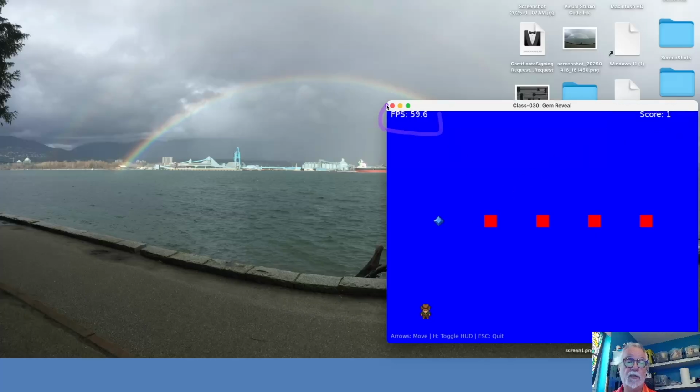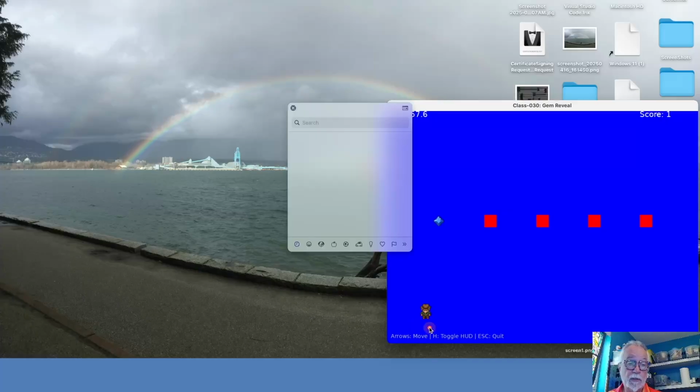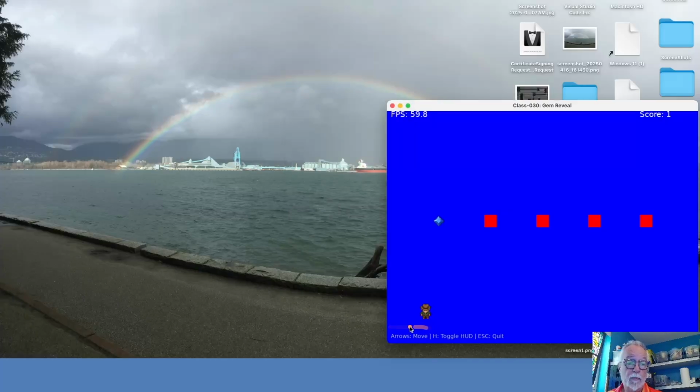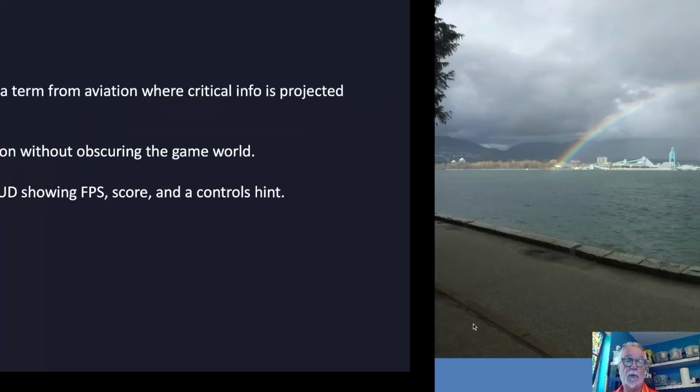My frames per second is changing every frame because my computer is doing all sorts of things. And I also have this information down here that allows the player to know what to do. The other thing that I can do, I look at this and I go, oh, I can move. I can also toggle my HUD. Oh, let's try that. I'm going to hit H. Oh, look, my HUD went away and my HUD came back. So I can toggle it and stuff like that. So that's what my HUD is. That's what we're going to be building for in this particular section. So let's go have a look at it and see how that